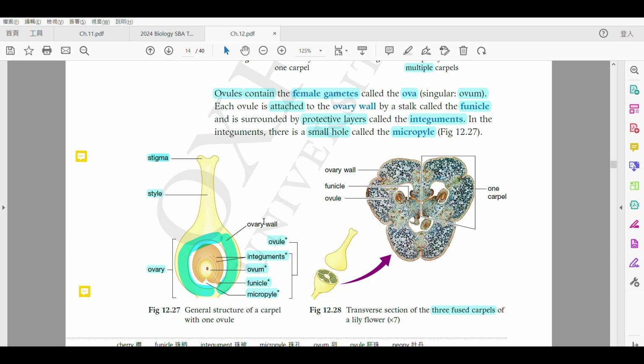然後啦，除咗 ovary wall，other than the ovary wall，it's the ovule，right？然後啦，我哋會知道嘅就係 the ovum 就係最 centre 個位置啦，the most center part。So this is the female gamete，it carries the female gametes，right？好啦，然之後啦，we also have the integument 啦，會有一個 connection 啦，會有一個黐住咗 connect 呢一個嘅 ovule to the ovary wall 啦，就係一個 funicle 啦。同埋最尾 there is a small hole here 就係個 micropyle 啦，得唔得？